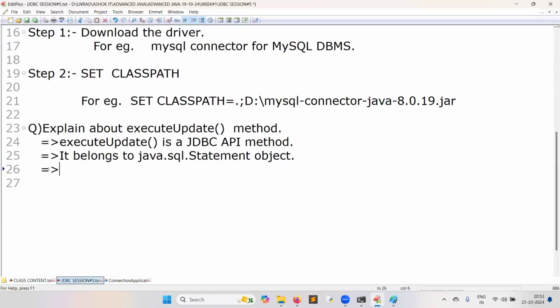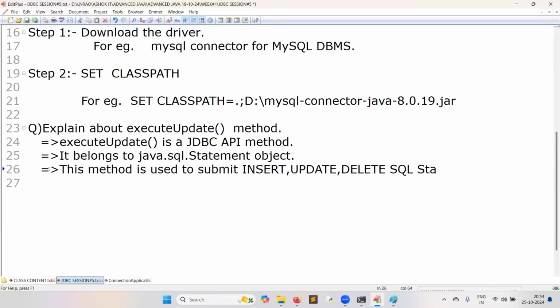What is the purpose of this method? This method is used to submit insert, update, delete SQL statements from the JDBC client to the DBMS.